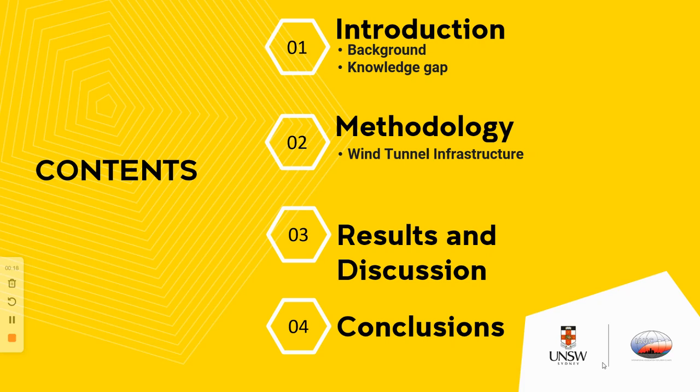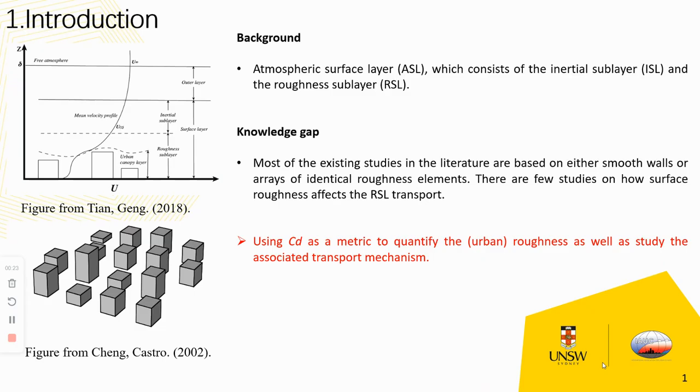The content of my presentation today is separated into four parts. First, I will introduce the background and knowledge gap of our research. The atmospheric surface layer consists of the inertial sublayer and the roughness sublayer over the buildings and trees on the ground surface. But most existing studies focus on smooth walls or arrays of identical roughness elements. There is a lack of systematic investigation behind the RSL